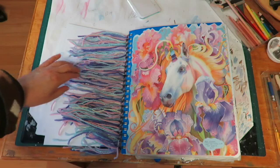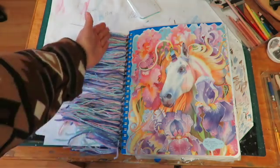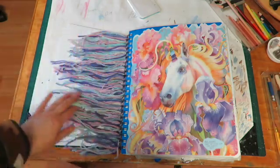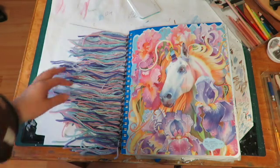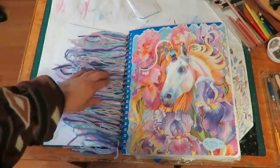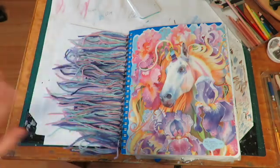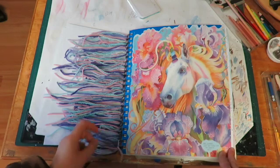And I was going to trim it. I was going to make it a lot shorter and kind of even. But I love the look of it the way it is, so I'm going to leave it all uneven, long and short, some short bits and long bits. Anyway, I just love the way it looks, so I'm going to leave it exactly as is. So all I did is I just tied some strands